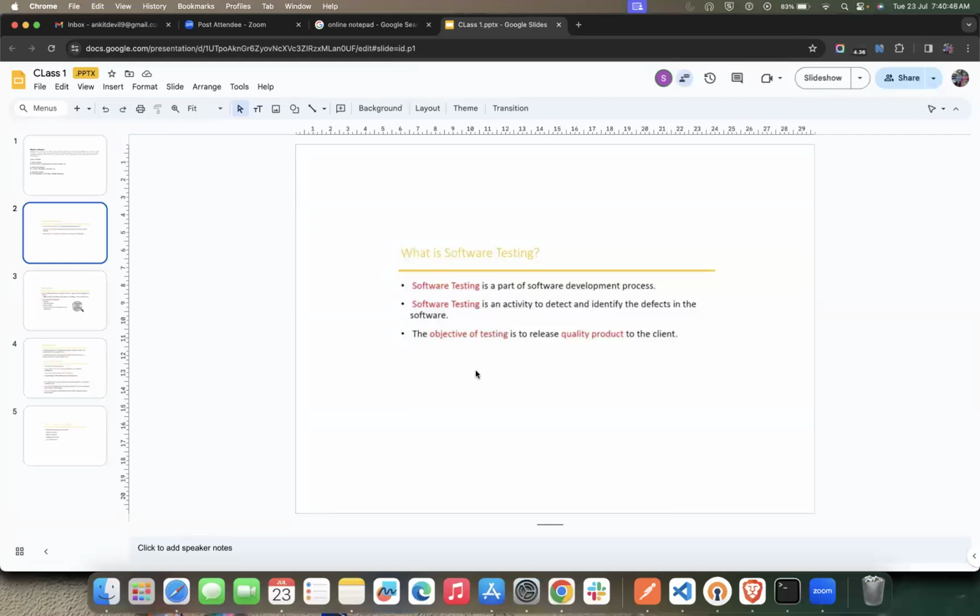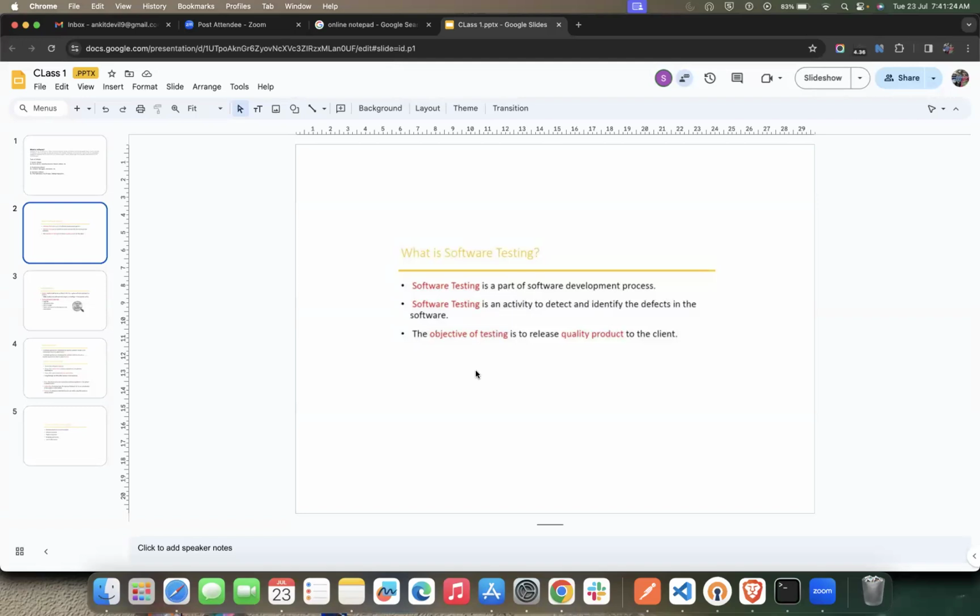The intended purpose is not getting fulfilled. And that's what our task is, to find out defects, whether a software is developed and it's doing its intended job. And testing is not only part of software, it's part of other fields as well, like in automotive